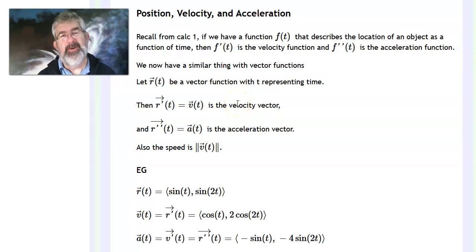In this video, I want to talk about vector functions as position functions, in which case the derivatives become velocity and the second derivatives become acceleration. This is very much like what we had back in Calc 1, where you were just describing motion along the line, and the function was telling you where on the line you are at any point in time. Right? The independent variable was time, the dependent variable was position, location, measured in inches or miles or some unit